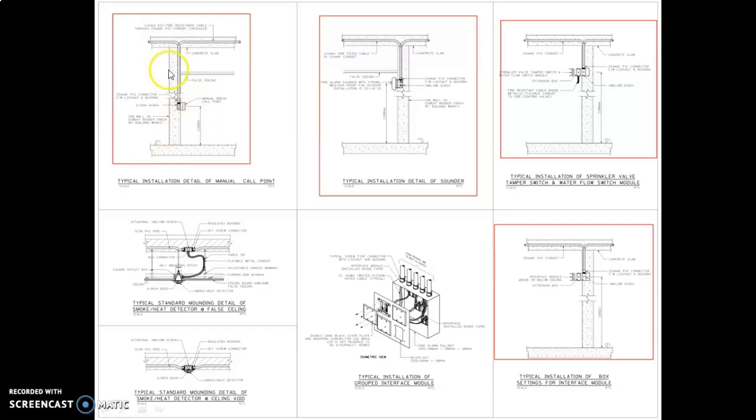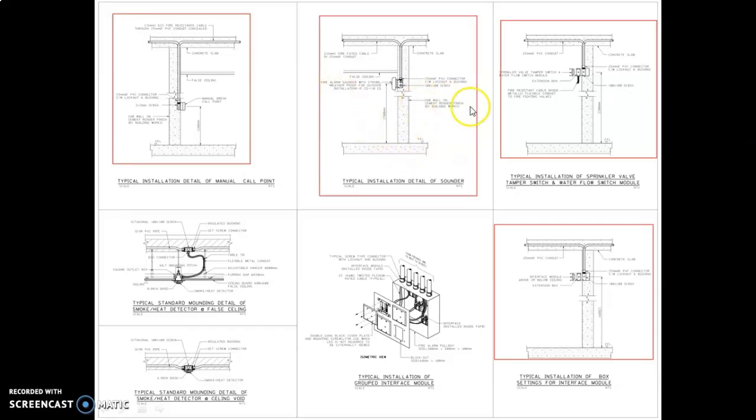So these are the mounting heights that we were talking about. And again, this is for the sounder. You can see the conduits and everything. You have the false ceiling, the size of the conduits mentioned in all of these, and the mounting height, which is 2300 mm. That's 2.3 meters above the finished floor level, FFL, as mentioned over here.